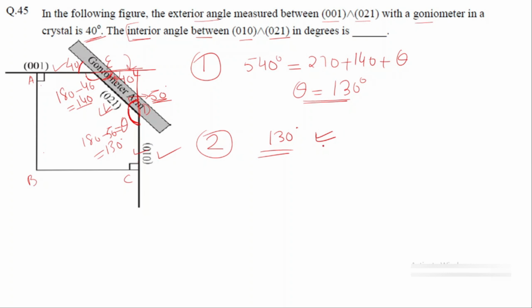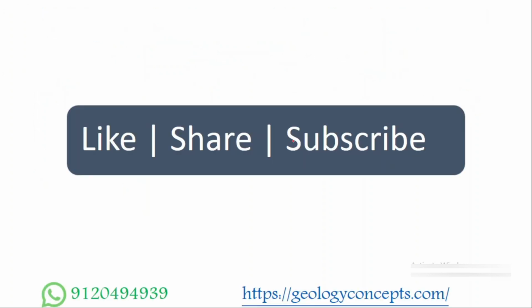Now the confusion is that the answer key says it is 140 degrees instead of 130. So many of the students might have had trouble reaching the solution, but this is correct. Your answer for this question will be 130 degrees, and maybe they did not find it out, or maybe nobody challenged the question later, so they did not change it, but here the confusion is cleared. So this was it about this particular question.